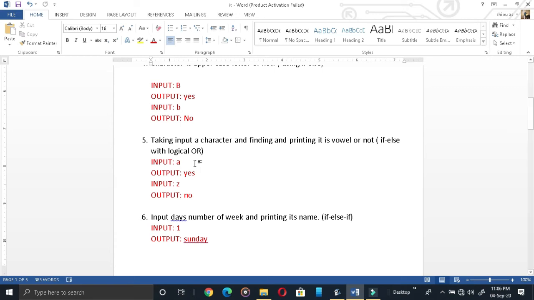Suppose I am getting A, then what will be printed? Yes will be printed. And if I am getting input as Z, then what will be printed? No will be printed. Okay, so whenever there is a vowel as the input, you will get yes, and if it is not a vowel, then no.